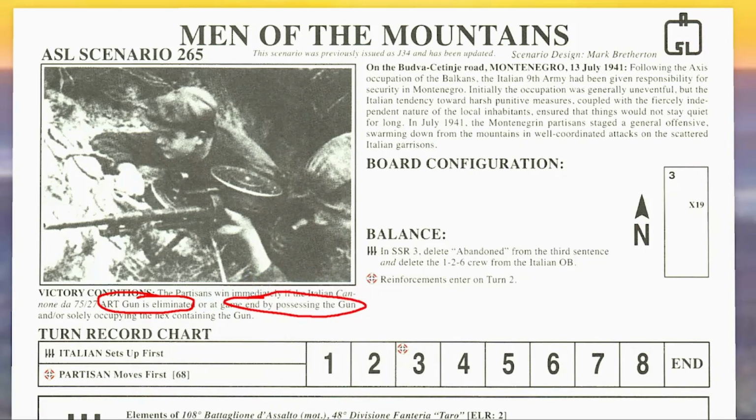Possessing the gun. All right? That's number 2. That's the second way to win. Do we possess the gun? So we're in the hex. We shot guys out. We've got the gun. We roll for recovery. We have any unit, whether it's a leader, a half squad, full squad, hero, whatever. Broken unit